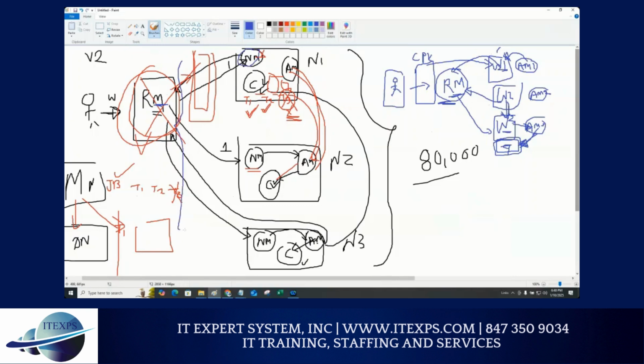Resource manager is at the global level. Node manager is at the machine level. The node manager is itself a resource manager, but at the machine level. So you divide and conquer, just like a president and governor, right? So you can divide and conquer. The beautiful part about version 2,